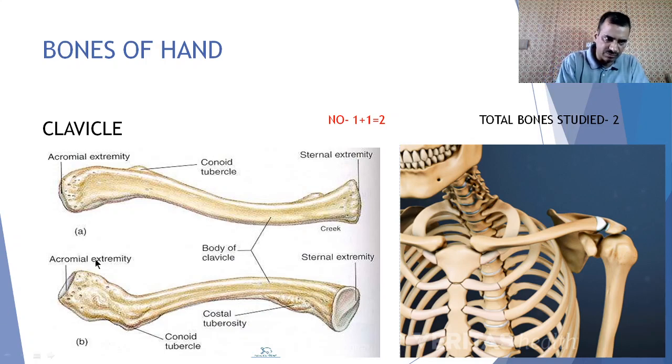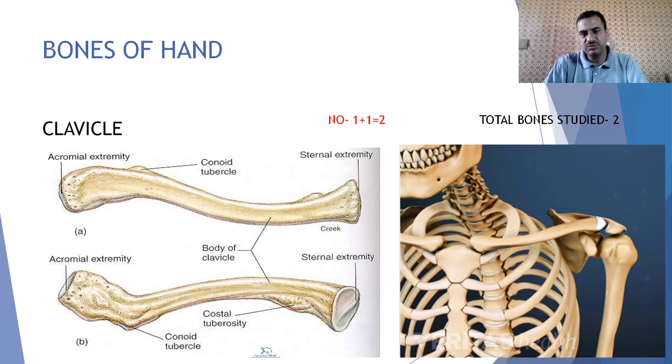Let us see this first bone of hand. It is clavicle. So the name is clavicle, and the number is two, one left and one right. Here you can see its location. It is located between the neck and shoulder. One right bone and one left bone, so two bones are there. The important feature is that this bone is slightly S-shaped like this, and this is also known as collarbone.